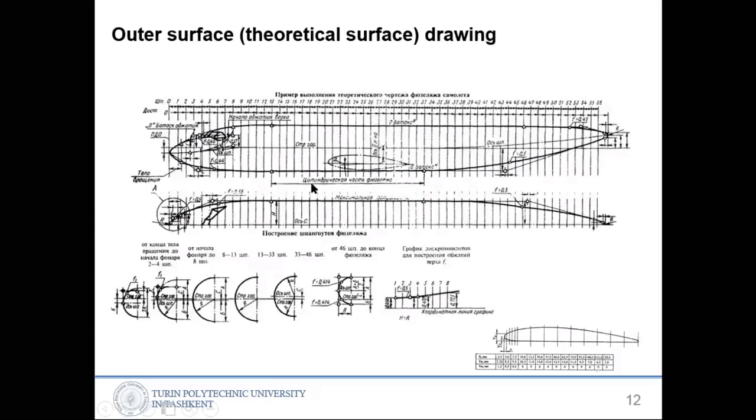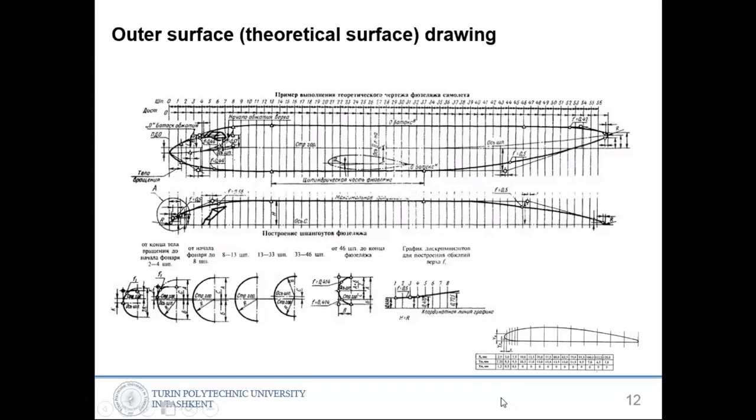Okay, so the airplane outer surface is shown here, and here you can see many points of the outer surface, and then the distances from the front tip to the end. Every rib is shown, and the distances in between the ribs, and then for example from rib 8 to 13, or 13 to 33, from 13